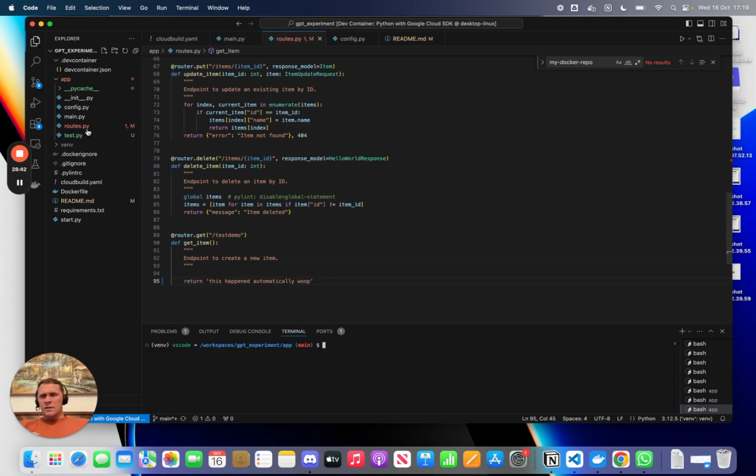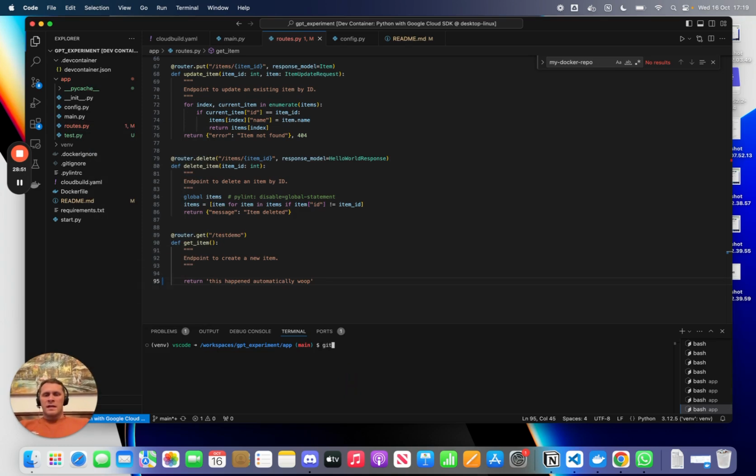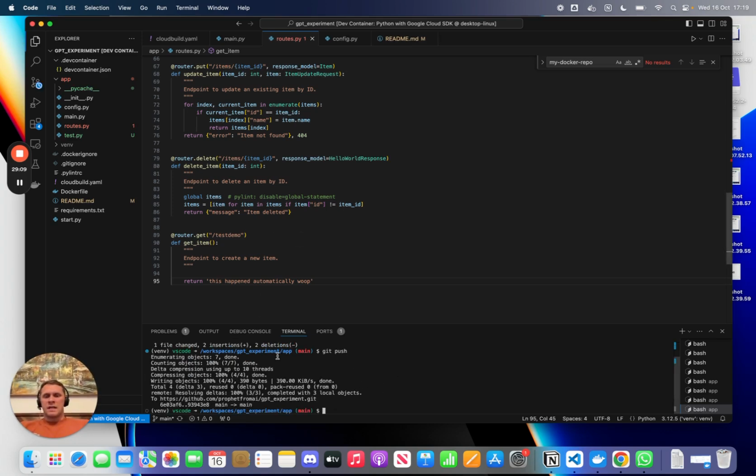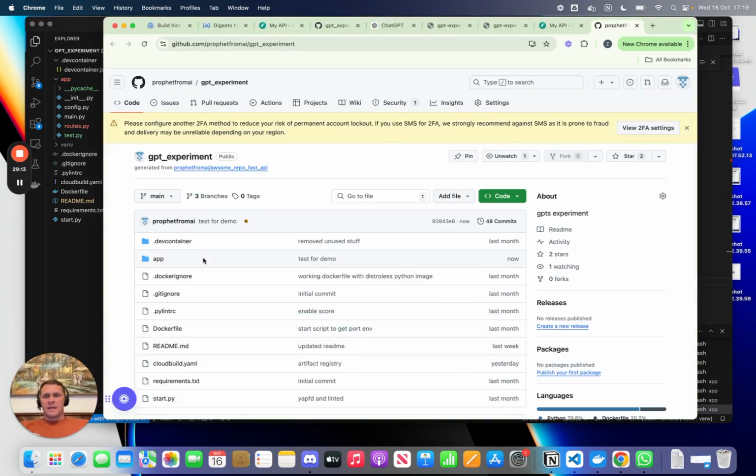Now to add our change, we're just going to open up a new terminal. So right click on the routes.py, the file that we're just in, open a new terminal, and then git add routes.py, git commit. So we've added the file to the staging area. Then we're going to make a commit. Let's add a message, test for demo. And finally, we're going to push this up. So instead of just living locally, this has now made its way. We select this link to GitHub,